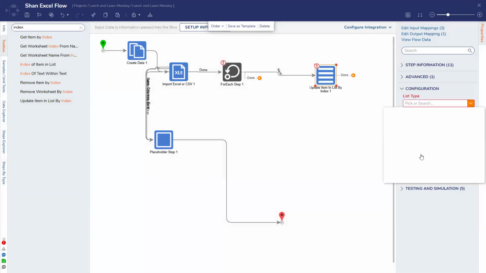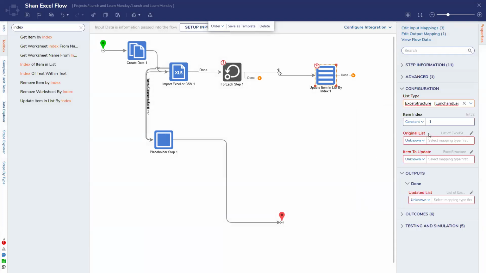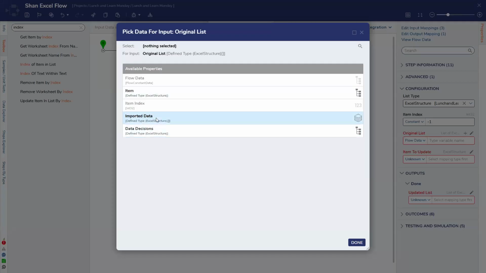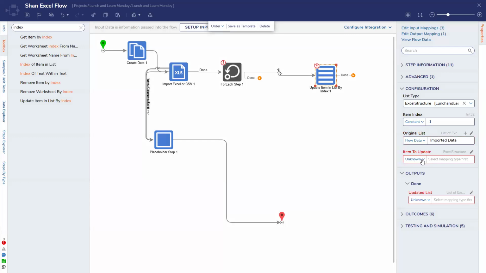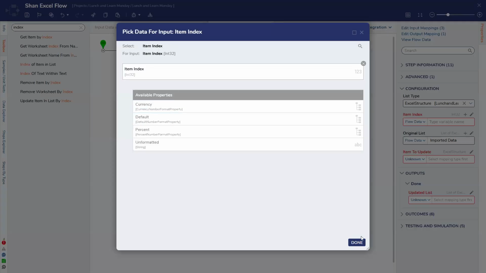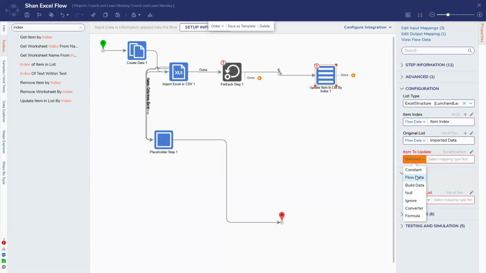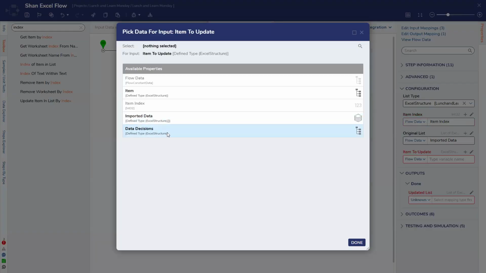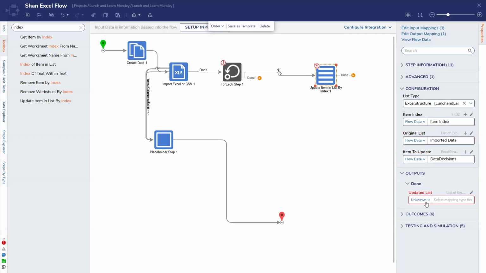Ah, here we go. I'm picking the wrong type right here. That's why it's yelling at me. Okay, here we go. All right. So original list, let's get flow data, and we will get the imported data. And then item to update. Flow data. Where is it? To update. And then this is going to be the defaults right here, right? So, and then the output, I'm going to do,